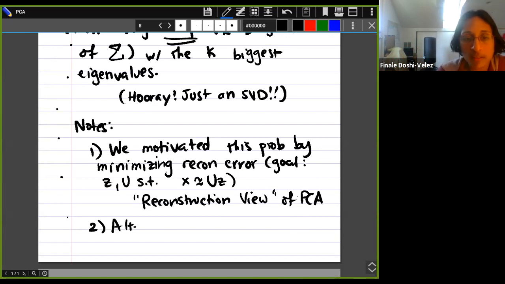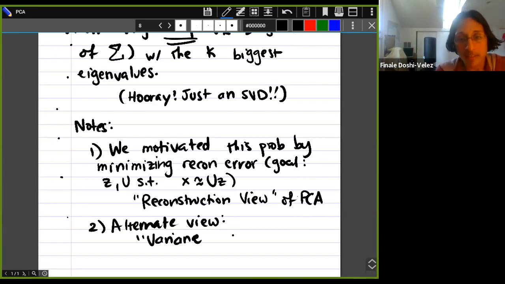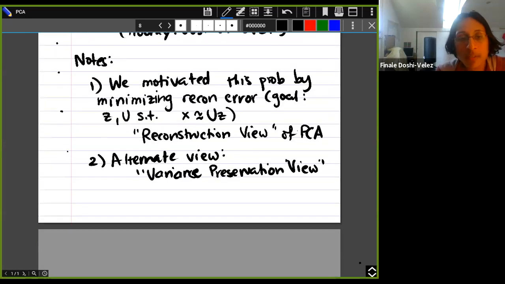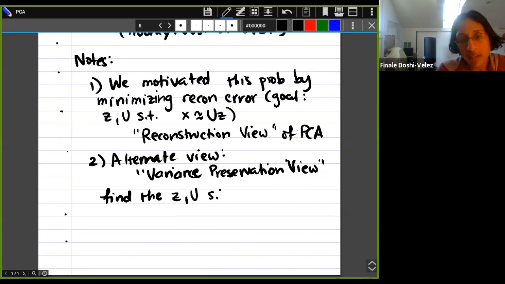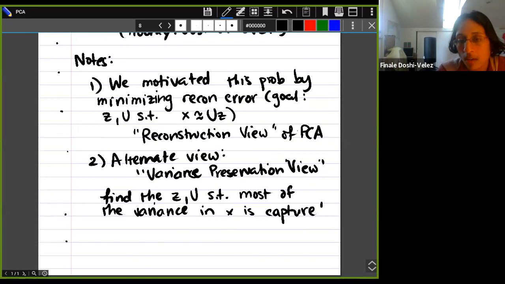There's an alternate view, sometimes described as the variance preservation view, which explicitly says find the z's and the u's such that most of the variance in X is captured. And I'm just going to write down the loss for that view